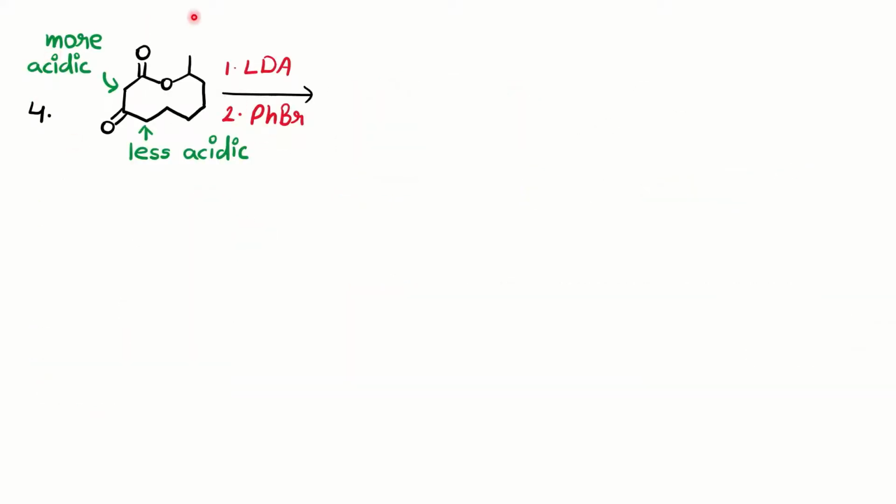Now, if this kind of reaction is given to you, you can notice between the two carbonyl groups you have a CH2. These protons are definitely more acidic, because the abstraction of the proton from here is easily stabilized by two carbonyl groups. So definitely more acidic as compared to this position where you have only one carbonyl group. If you compare the two alpha positions, this will be less acidic, and there is no problem of steric crowding. So definitely here the LDA will attack and give you this alkylation or arylation at this position. This will be your product.